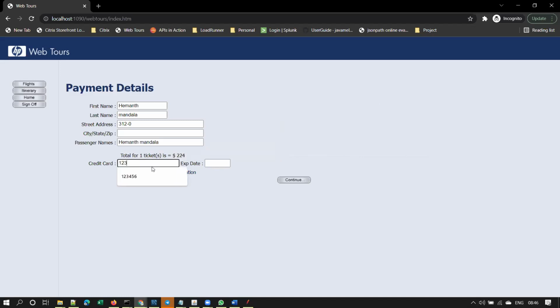Now you can enter some number. It won't validate anything. In the place of credit card, enter some dummy number, some fake number. It doesn't validate anything, by the way, even if you enter an invalid one. Generally, credit card will be how many digits, guys? 16. Credit card will have 16 digits, but if I enter only 6 digits, it won't validate because this is a dummy application, sample application only. And this one also, it won't validate. You can enter any number, it won't validate.